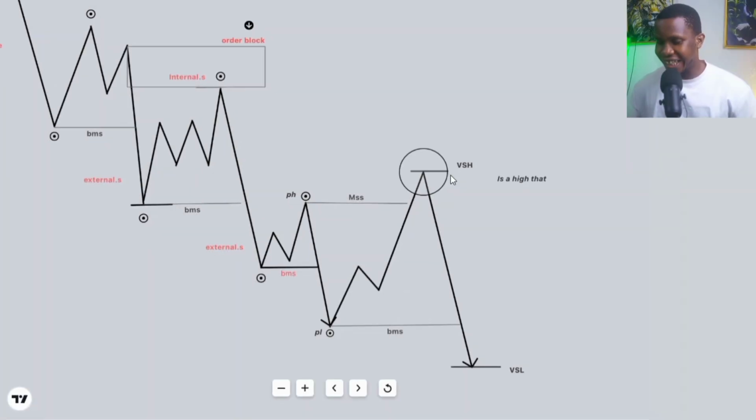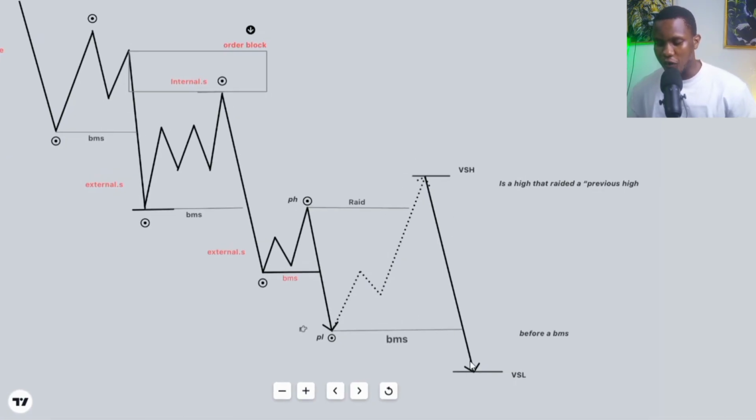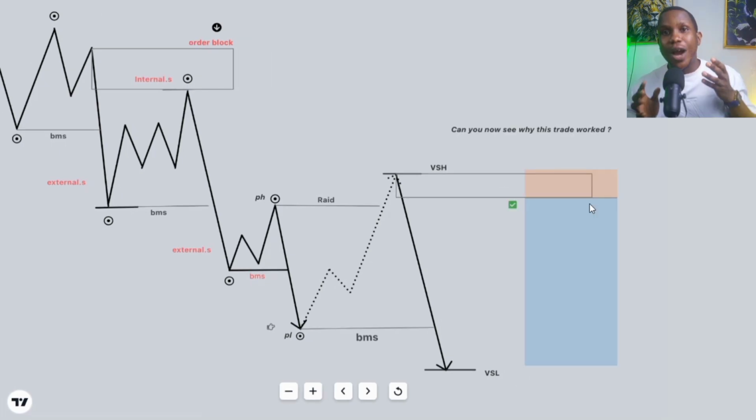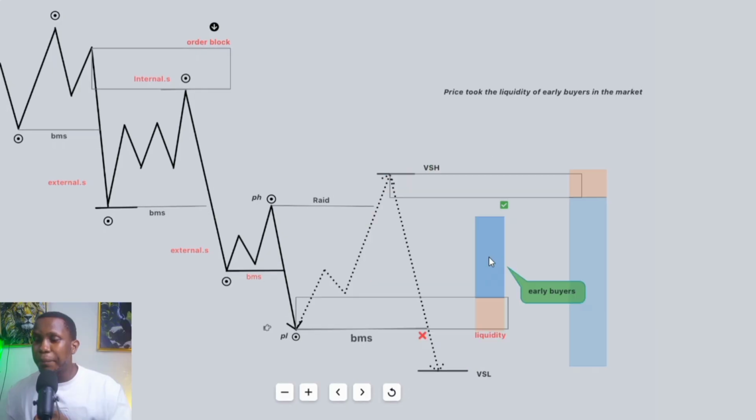Value structure high is a high that raided a previous high before making a break of market structure. Can you now see why this trade worked? It's a market formed with intention, not just patterns out there. Our price took out the liquidity of early